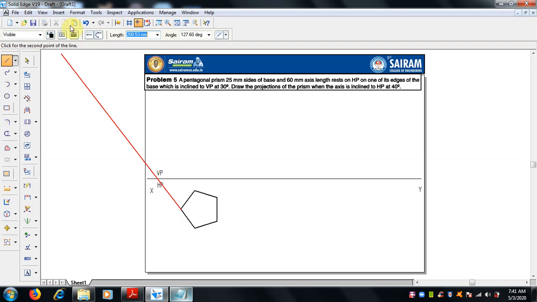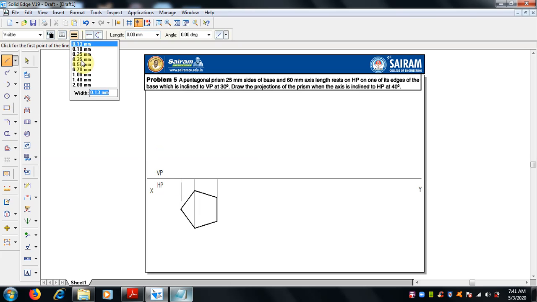Now project from each corner to find the front view. This is actually the top view. So we are going to project to draw the front view, and the front view has a height of 60 mm. So first let me join these projector lines as the base, and the height is 60 mm at a 90 degree. Then we have to make alignment, just check it and finish it up.